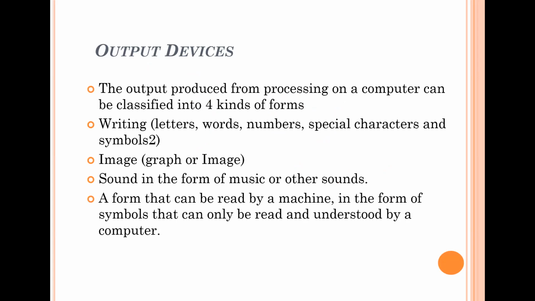And then we continue with the output device. The output device means the device that produces the output after the processing. Here, the product of the processing can be anything. Writing, for example a report, and then image. Okay, image. If we capture from the web camera, we take a picture of a class probably, and we would like to print it, we will get the image.